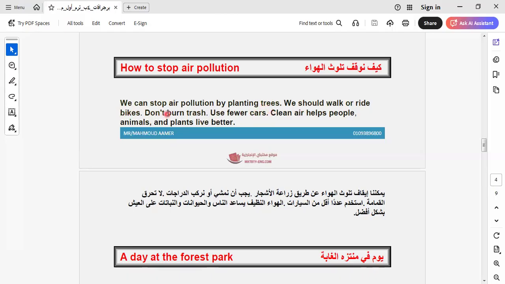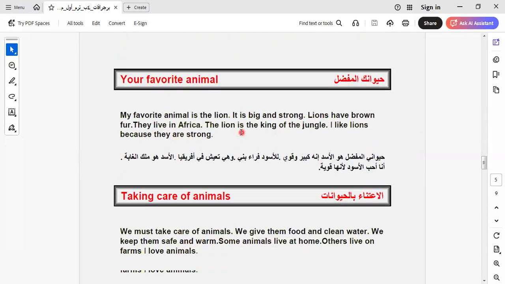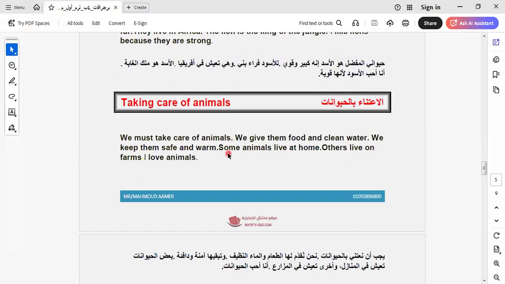Okay, we can stop air pollution by planting trees. We should walk or ride bikes. Don't burn the trash. Use fewer cars. Clean air helps people, animals, and plants live better. So if we live in fresh air, we can breathe well. Okay, I think so. Let's go to another item here, which is